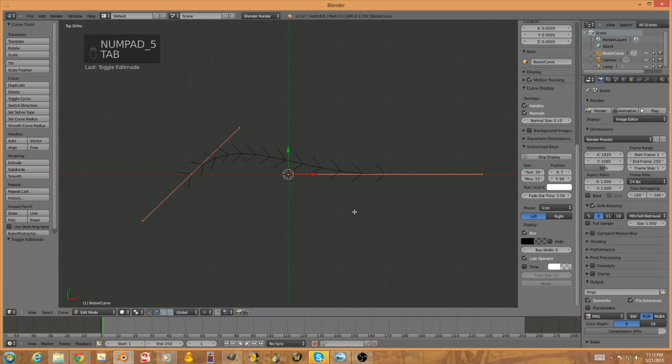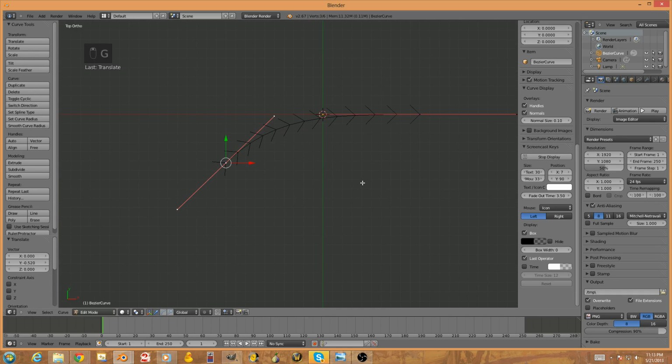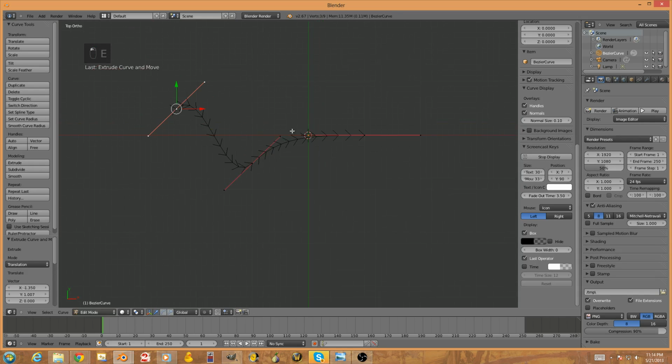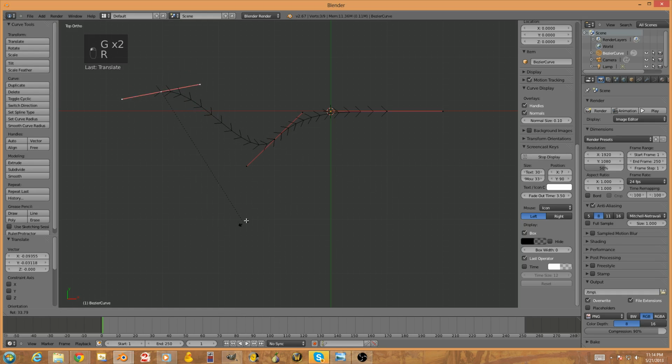So then we just want to tab over into edit mode, and it gives us these nice handles to work with. And so first let's just grab this one, move it over a bit, and we can use many of the same shortcuts that we can actually use while deforming and having fun with traditional mesh, including E for extrude. And so this right here is actually a fantastic start to a branch. All we need to do is maybe straighten that out a bit, and we have, well, a nice little fork